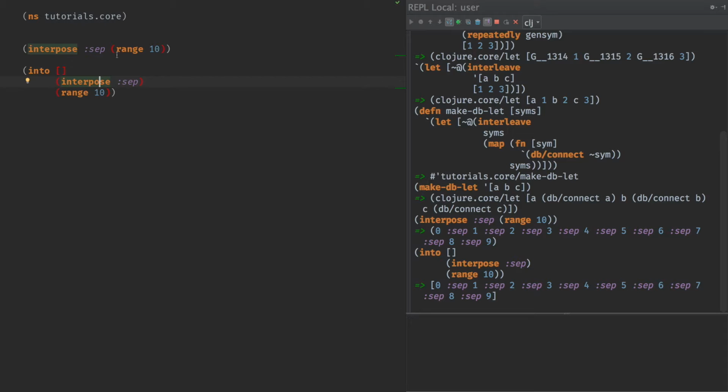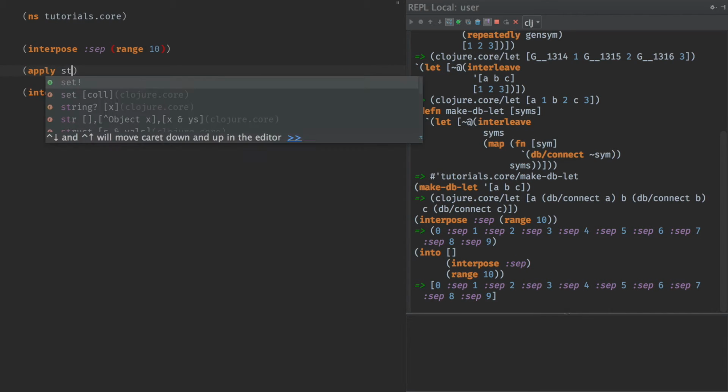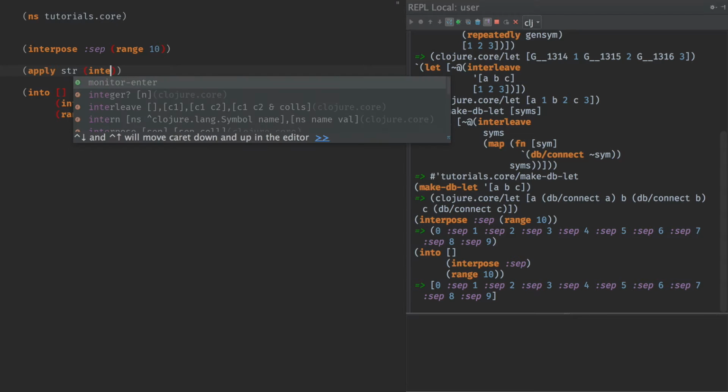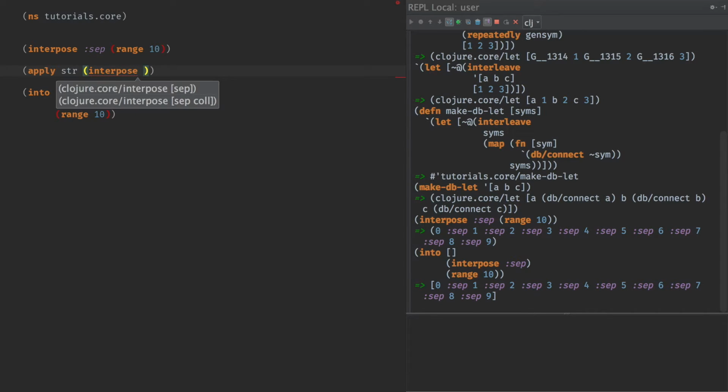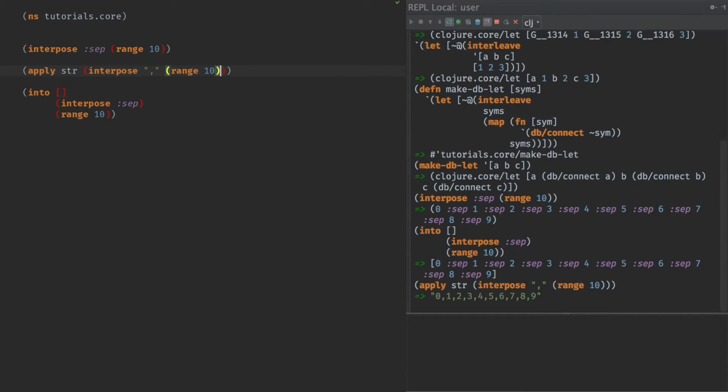Now, how I often use this is in conjunction with string or stir. We do apply stir, interpose. And we're going to interpose in between here, comma, range 10. What we get back is comma separated values. And what's kind of interesting about this is that we get commas only in between and not at the beginning or the end. If we were to use interleave with something like this,